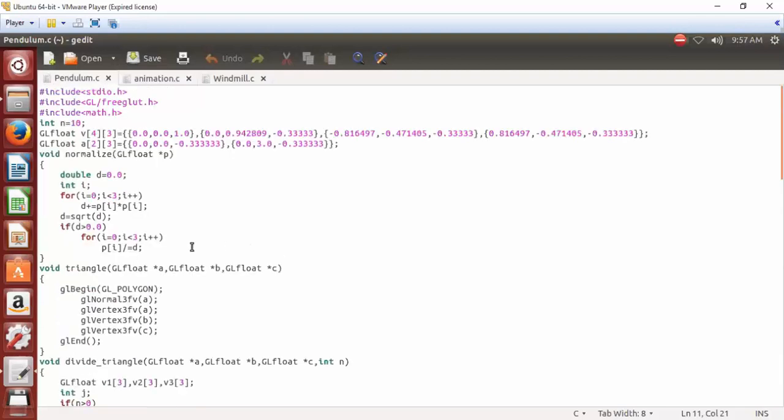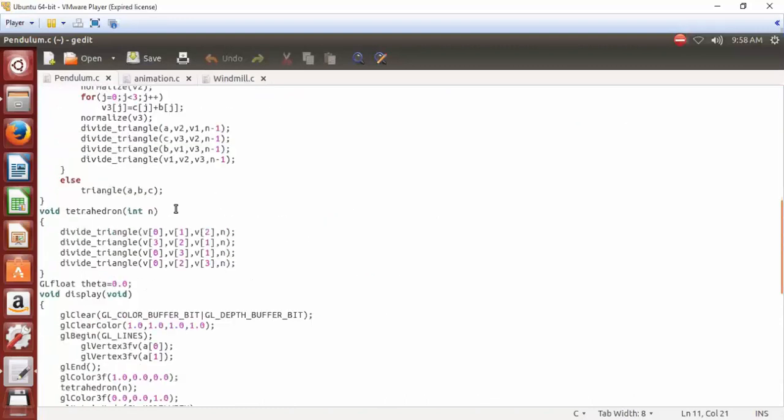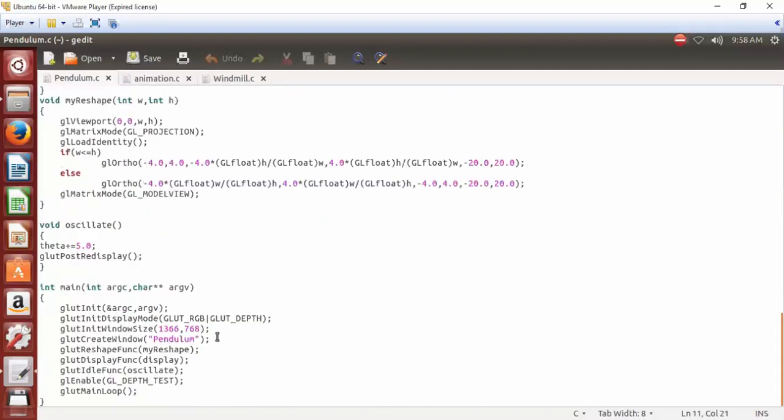So we have started with the basic graphics primitive vertex, changing its size, position, then drawing lines, drawing triangles, drawing a home shape, and lastly we ended with the animation that is moving. So in all these animations we are going to set here GLUT_RGB and GLUT_DEPTH or buffer mode, so that it will support your animation.